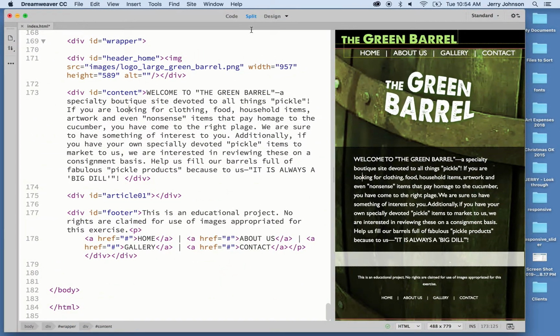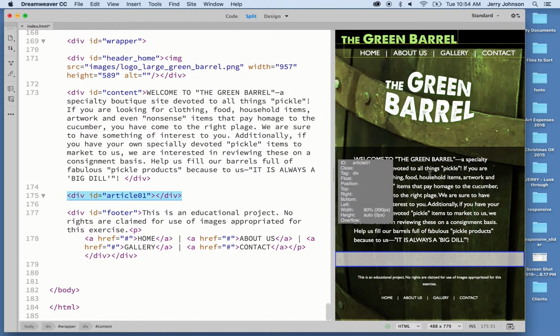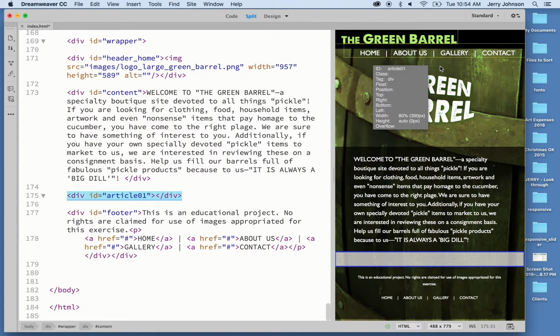So there's my file in a split design view, but look for this div called Article 1. I think that's what I called it. I've got it after my content area. The content is where I have all of this written stuff. The header home is the div up here where we have the background showing and our transparent PNG logo in front of it. But in this new div called Article 1, which I've stylized, and I think I showed you in class and even shared the files with you,